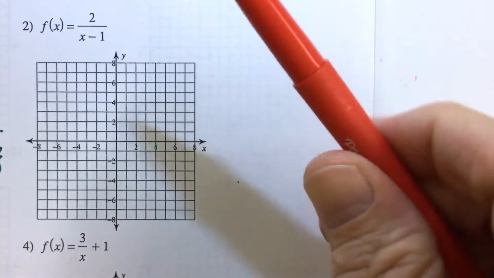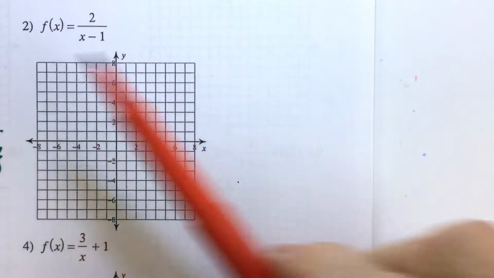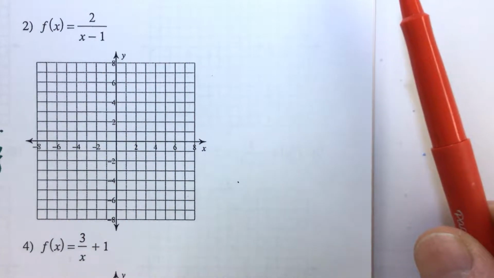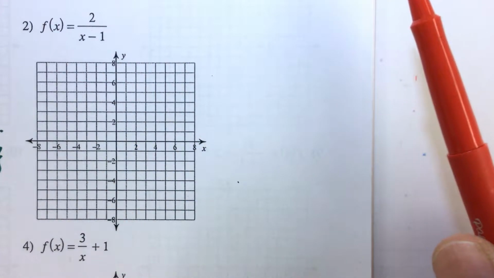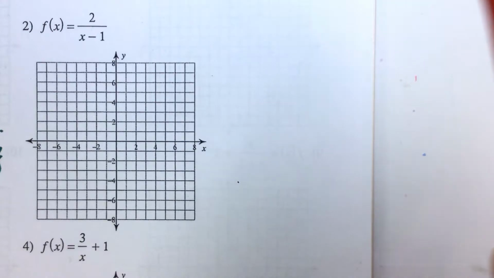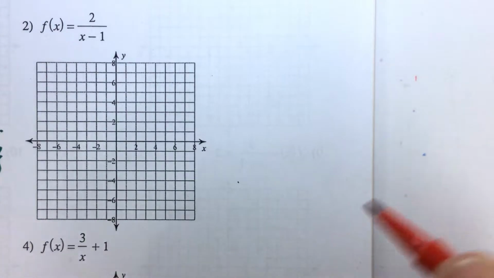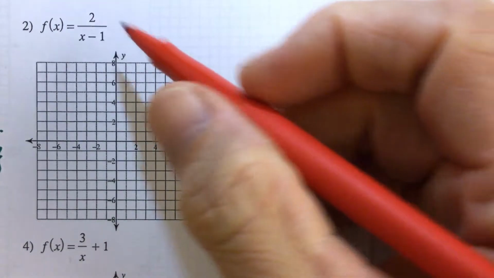If you've watched the first video, you got a complete rundown and a good variety of different functions, and you could see the patterns. Hopefully you're able to tap into that. So if you've got that down, you're trying numbers 2, 3, and 4 here, and when I'm graphing these functions,